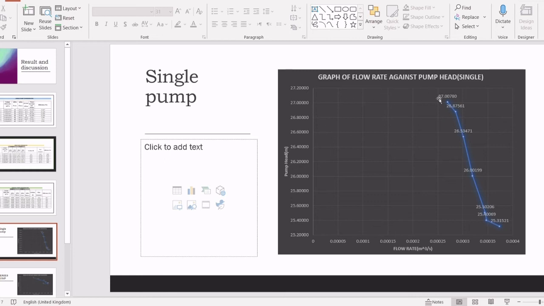when we see that the number of the pump head is decreased, we start from the beginning until we reach the last point. We see the decreasing in the number. We go to the next one,